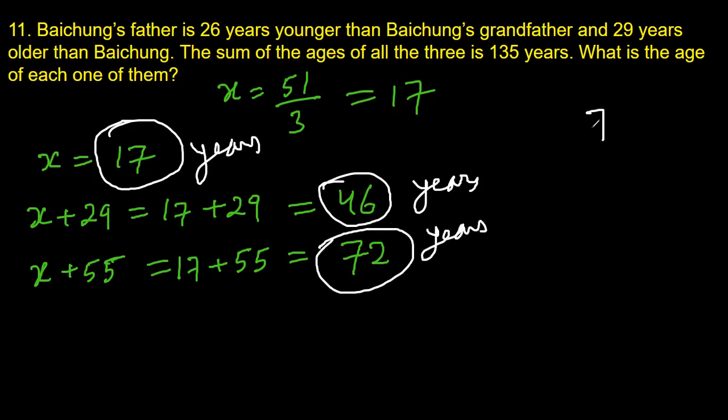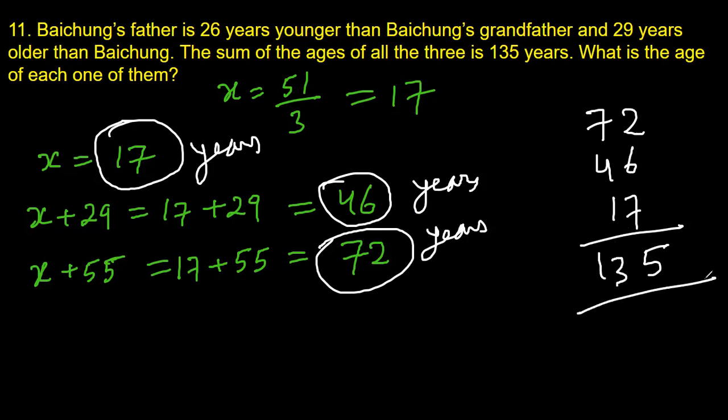Okay, and we can verify our answer also. 72, 46 and 17. 2 and 6 is 8, and 7 is 15, 1 carried. Now 1, 2, 3: 135. So